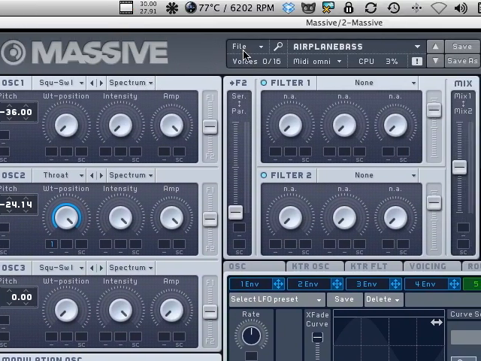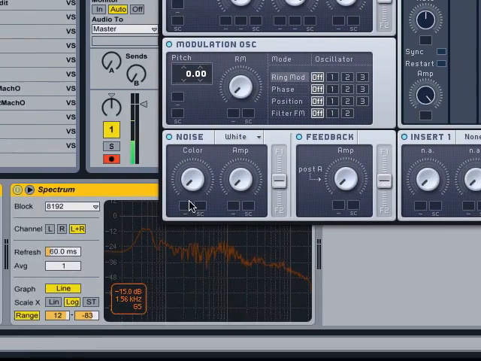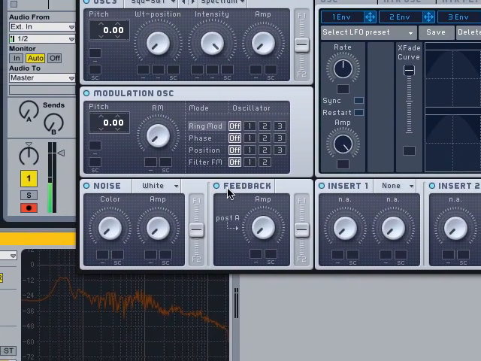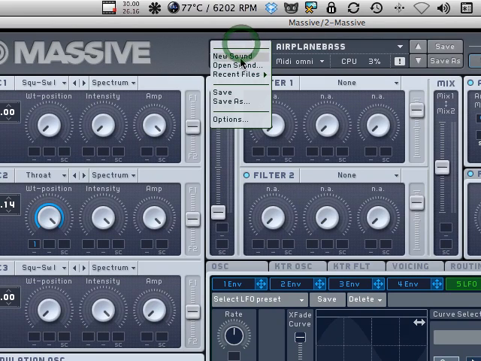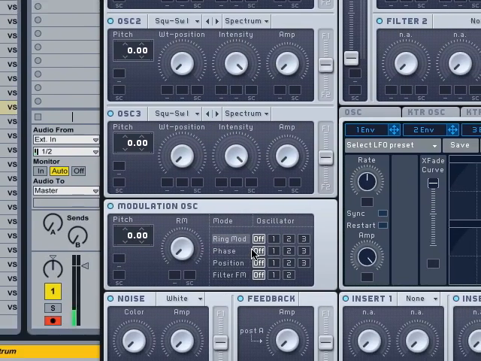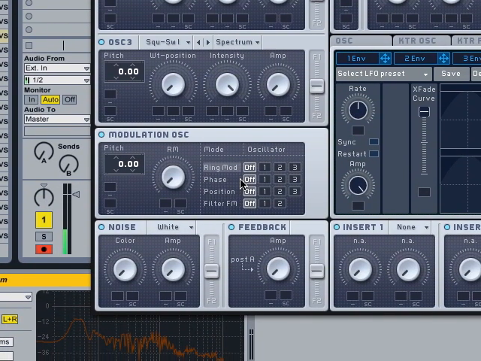Yeah, so let's go. Let's get into it. I'm not going to explain how Massive works. I'm just going to kind of show you roughly what's going on. So you know how to make crazy bass. So, new sound, because we're going to make something new, because we're just riffing like improv jazz right now. So, first thing you want to do is have the sub bass working